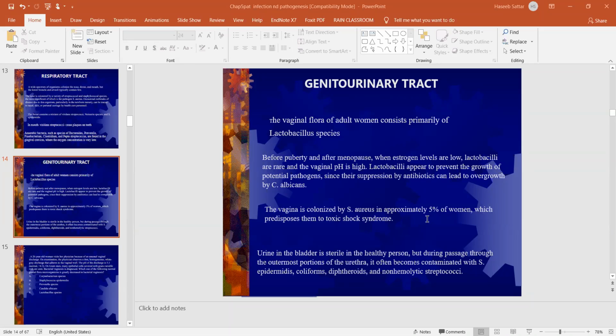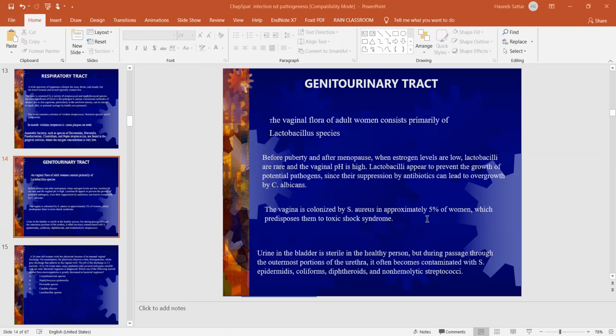Another bacteria we have is the streptococci. Streptococci are present in about 15 to 20% of females in the vagina, along with Lactobacillus species. This group B streptococci, which is also present in the vagina, may cause meningitis. They may cause neonatal meningitis, because group B streptococci are present in the vagina, so during